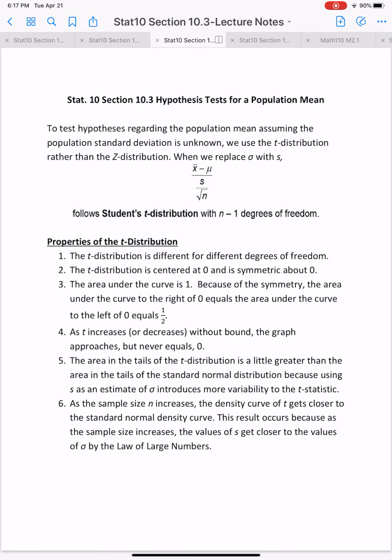All right, this is section 10.3, hypothesis test for the population mean. So we did the population proportion, and then we did the population mean, and then we're going to do 10.4, population standard deviation for testing for hypothesis. So to test the hypothesis regarding the population mean,